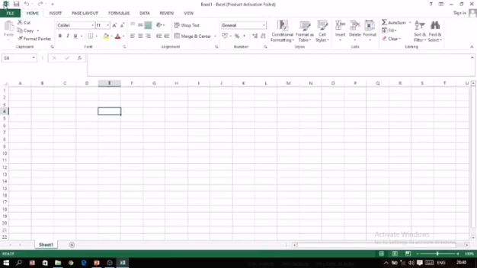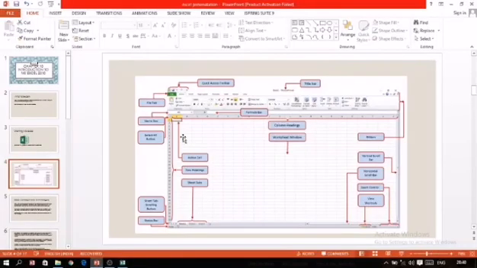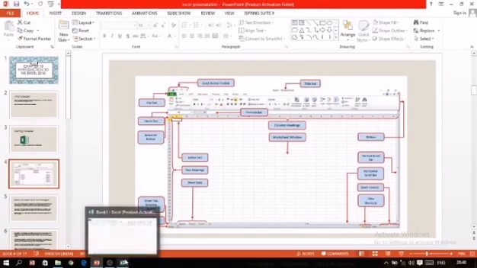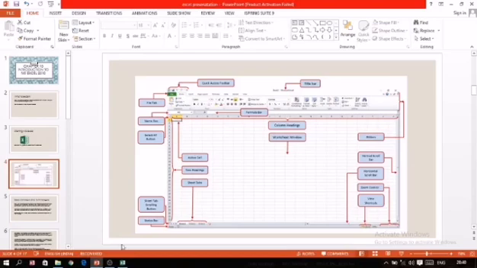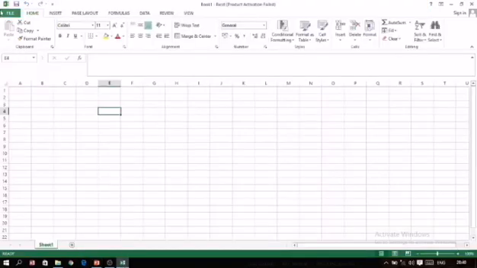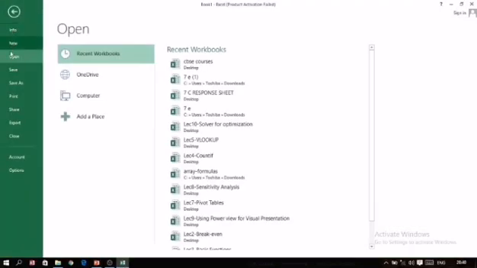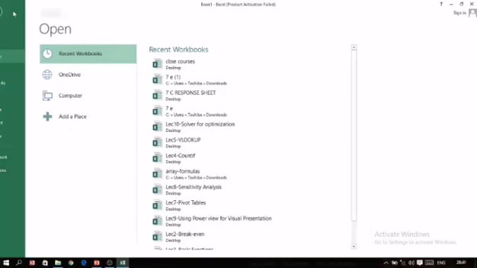The button given at the very left corner is known as the control menu. As we click on this button, it shows the options to control the size of the window. Like if you want to minimize, maximize, restore, move or change the size, and even if you want to close it, you can close it. After this, we have the file menu. The File tab contains many options to work, like creating a new file, saving a file, and printing a file. All these options are presented here in the File tab.